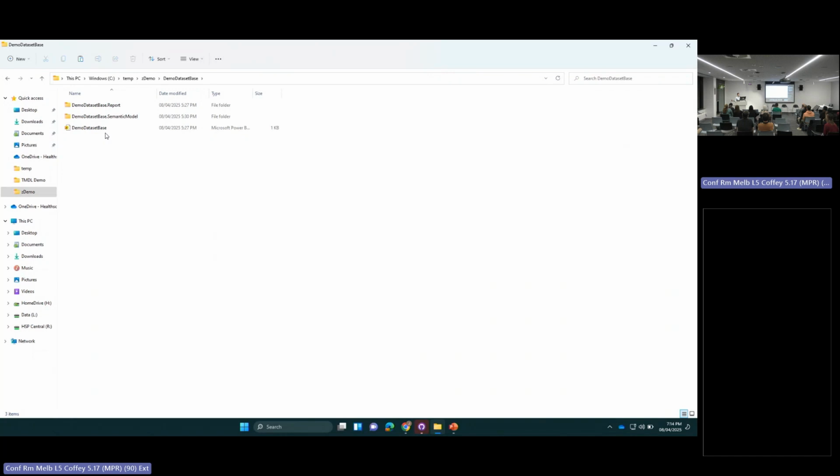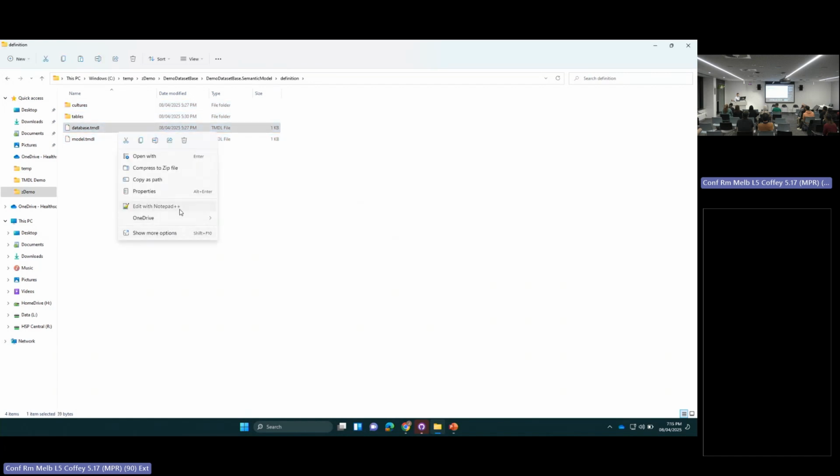So it does have the project file, a single file there, which is metadata, and it does have the semantic model, which is the data itself. Now, within this semantic model, there is a definition folder. The content of the folder within that semantic layer is the TMDL format. You can see that it has an extension of TMDL, and this is human readable. So if I open it in Notepad++,